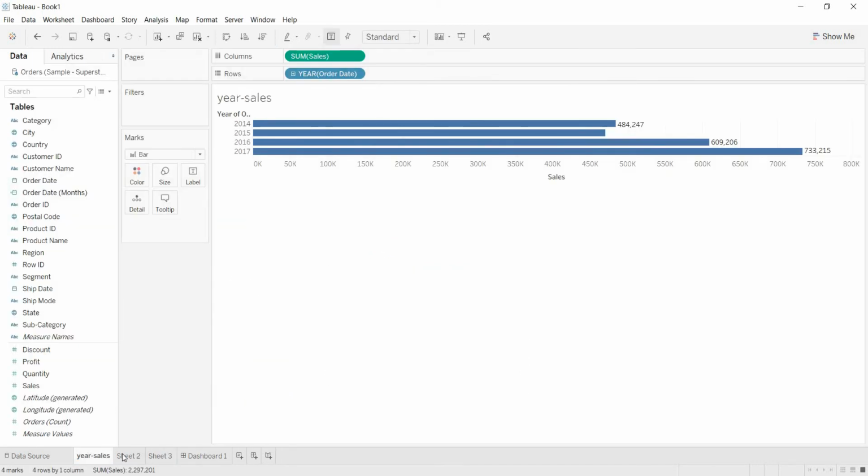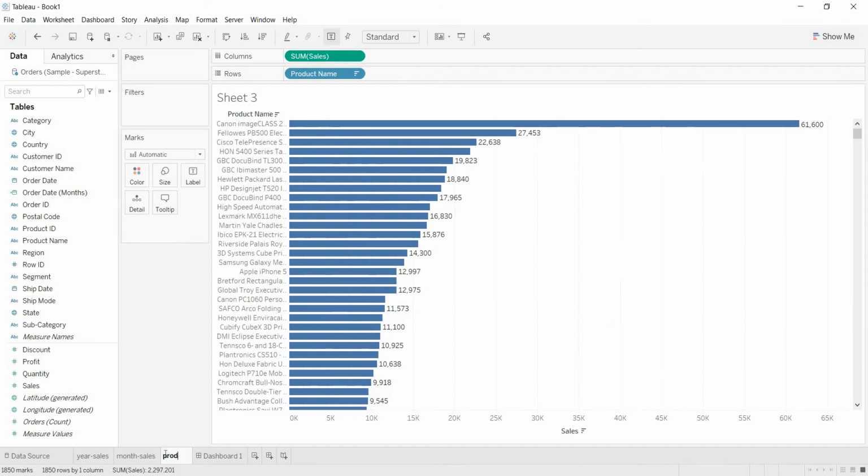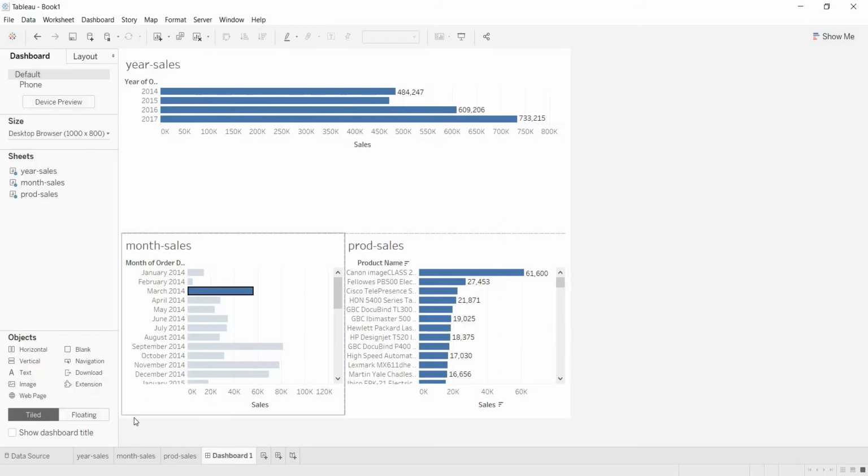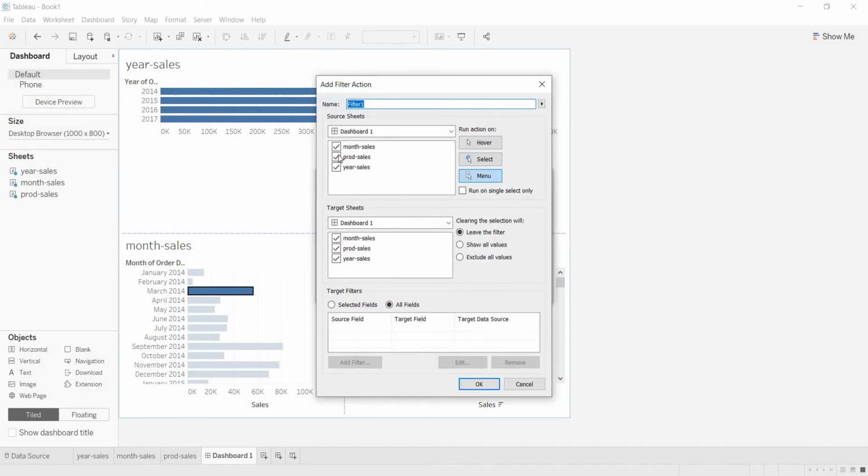Year sales, month sales, this is prod sales. Okay, now let me go back to dashboard 1. Now I'm defining the actions here. Add action, filter action.